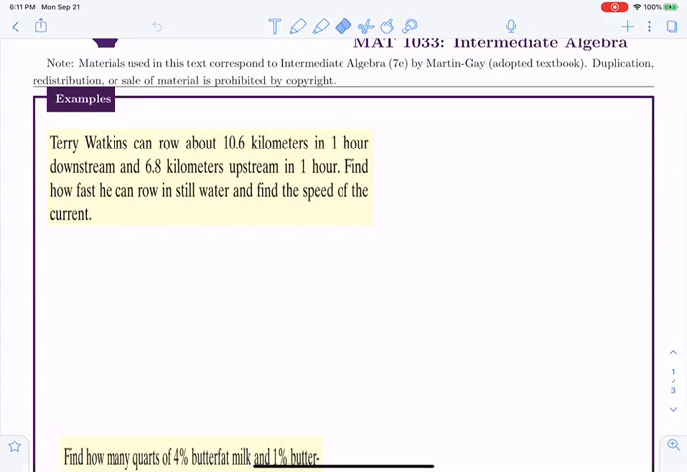So if we are rowing a boat, then when we are doing it downstream, the current is going to help you move the boat faster. In other words, it is going to push you down the stream. But if you're trying to go upstream, you are going against the current, so it is going to reduce the speed a bit. So I'm going to start by defining x